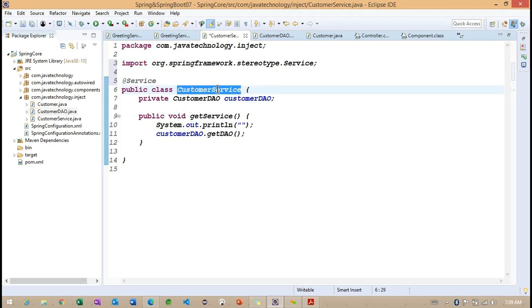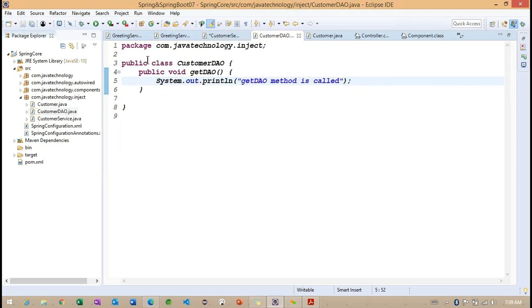Otherwise, we need to create an object of this customer service in the configuration file, specifying the bean ID as customer service and the name of this class, so that the container will create an object of this customer service. So instead of specifying the information in the configuration, we are making the annotation here.